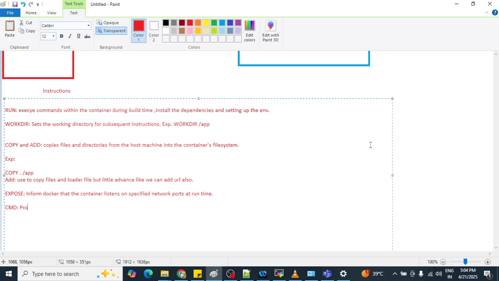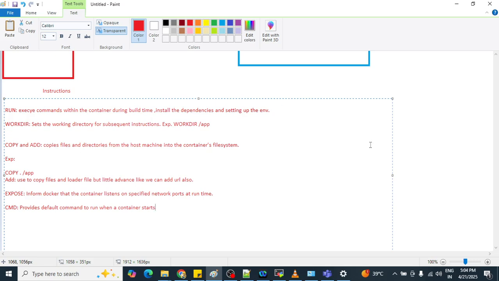so that you will get a better understanding. Okay, so what will CMD provide? CMD provides default command to run when a container starts.